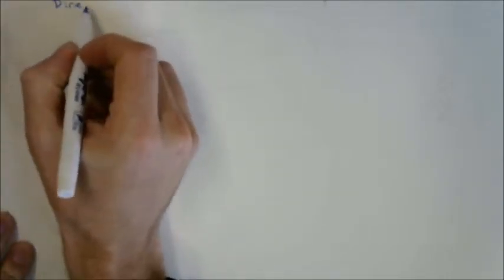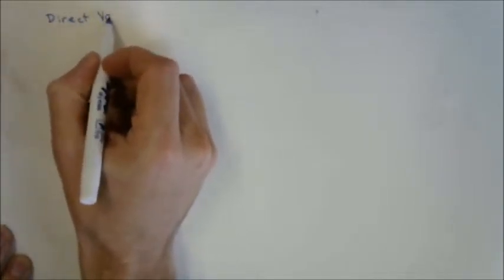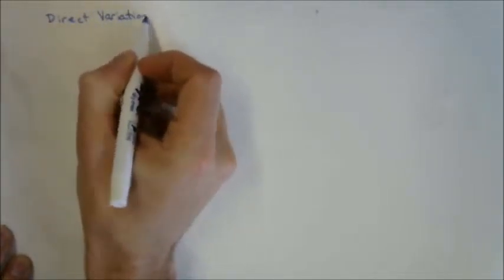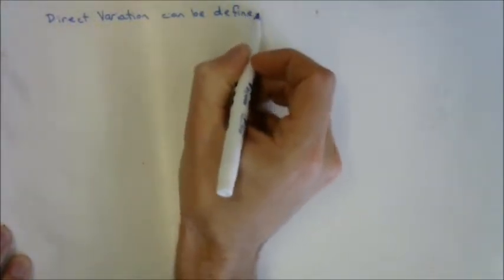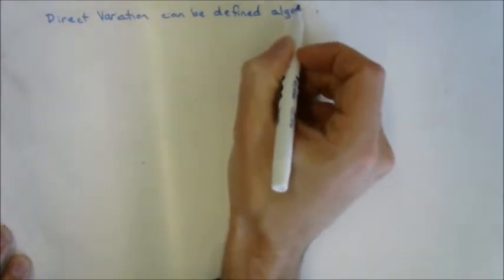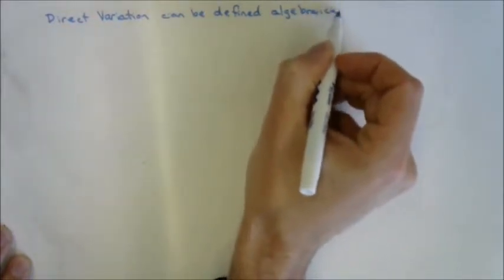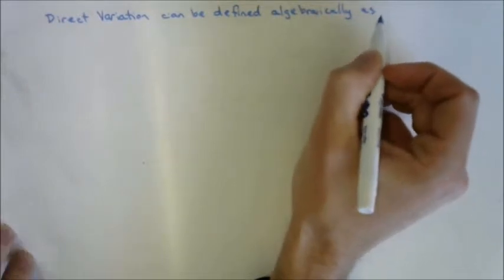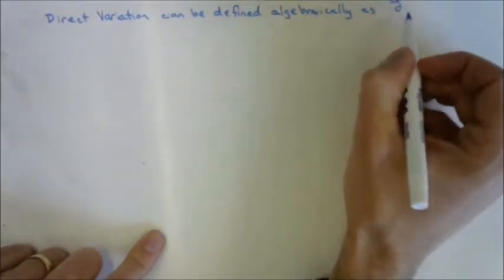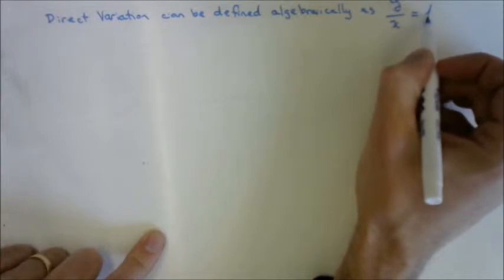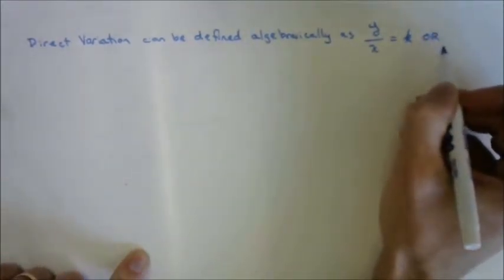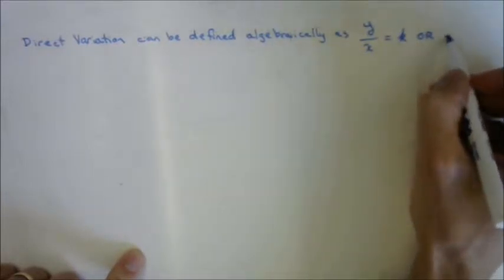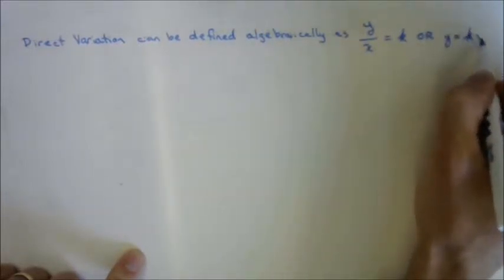Here's what I would like you to have down there. Direct variation can be defined algebraically as y over x equals k, or y equals kx,